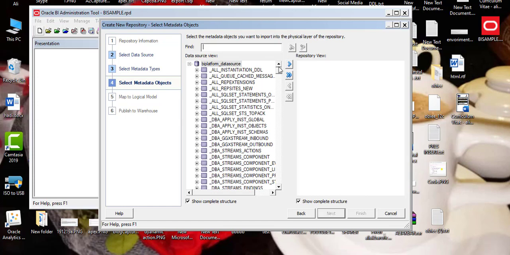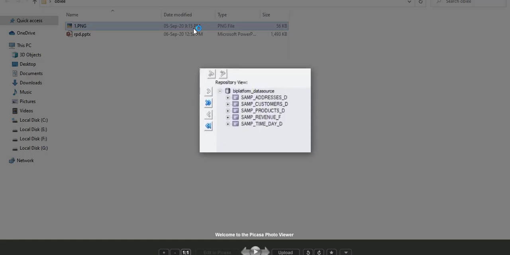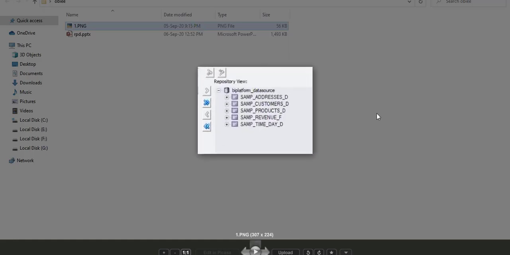At this step, we select an object, then press import selected tables from left to right, or we just drag and drop from left to right. I'm showing you which tables we will import: SAMP_ADDRESS_D, SAMP_CUSTOMER_D, SAMP_PRODUCT_D, SAMP_REVENUE_F, SAMP_TIME_D.